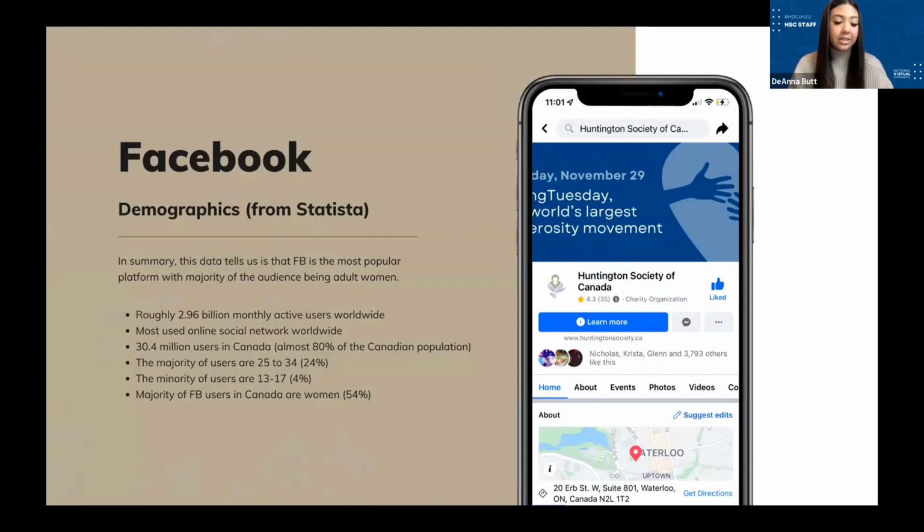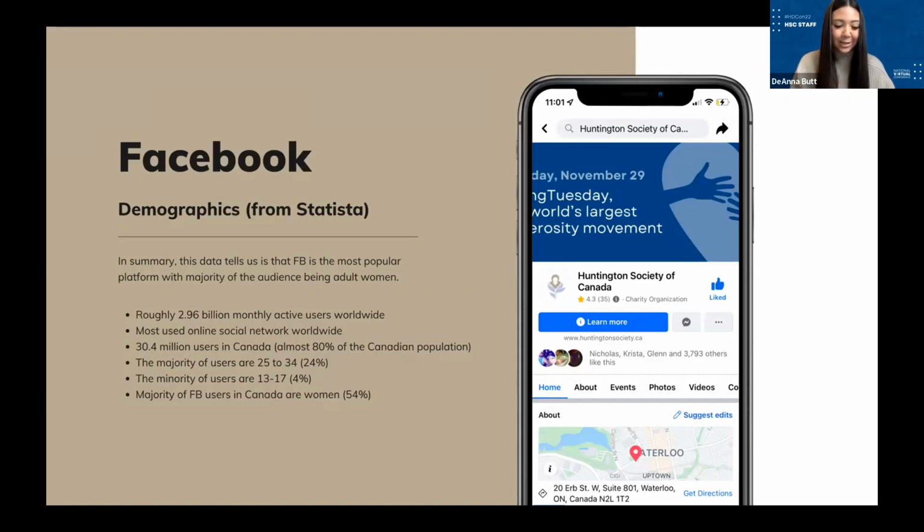Some demographics is there's roughly 2.96 billion monthly active users on Facebook. It is the most used social network worldwide, which is crazy. There's 30.4 million Facebook users in Canada, which is almost 80% of the Canadian population. So it's pretty popular.